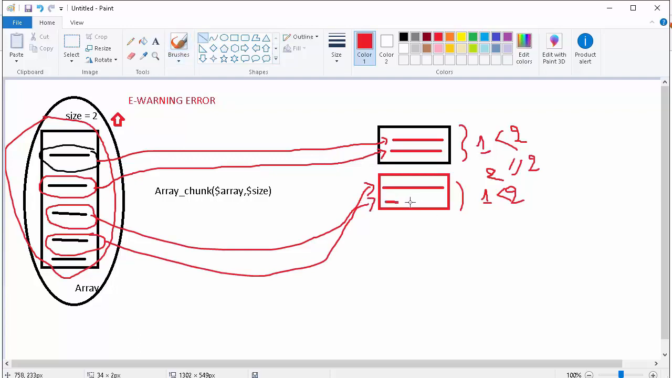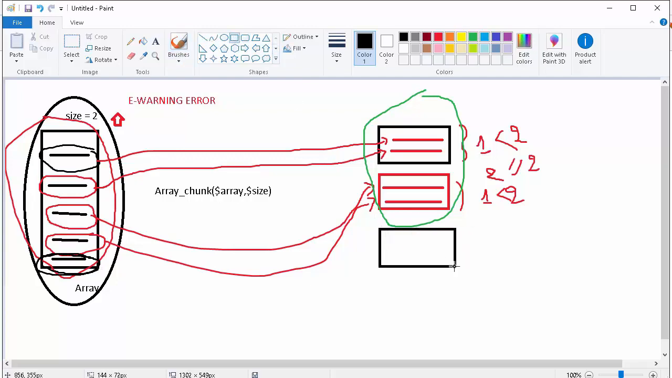And now we have 2 small arrays here. It will test again by the array chunk method. If there is another element in our array, there is this element here, so it will create a new array and it will get this value and paste it here. And now we have three